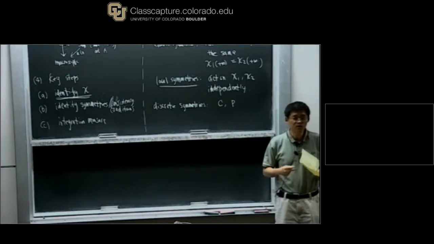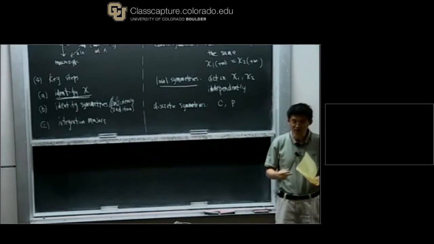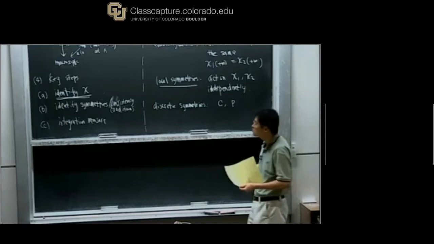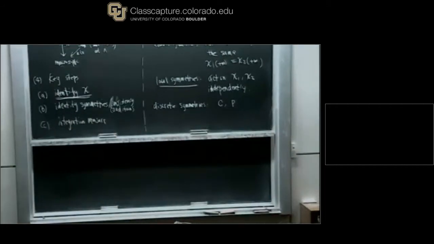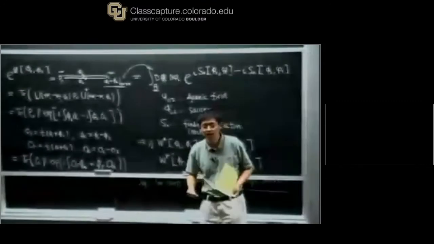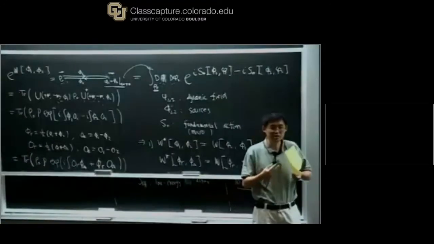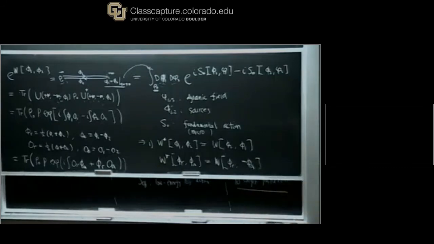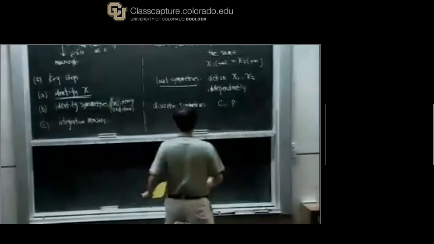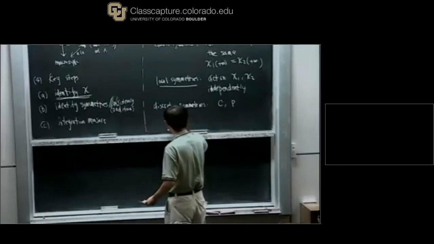But suppose your system also has something involving time reversal. Then of course you should also suppose, if your original action and the rho 0 have time reversal symmetries, then of course you should also impose that time symmetry in your effective action. But actually imposing the time reversal is now